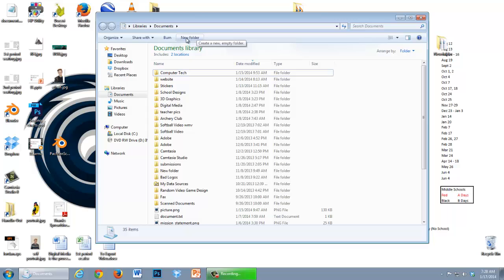Of course, we have our new folder, to create a folder here to put items in. Now, we create folders. It's a subdirectory on our hard drive. It creates a subdirectory so that we can keep files separate and organized. So we've created, hopefully you have already, a computer tech folder, and so you can put all your computer tech